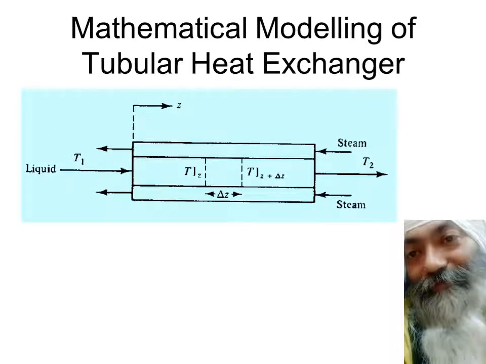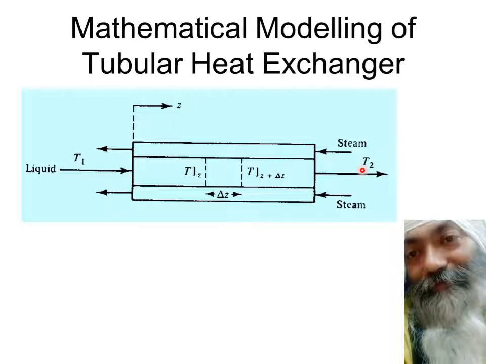So friends, here we are with the tubular heat exchanger, and let's understand its working before we start moving on to its mathematical part. You see the liquid is entering into a tube at temperature T1. So capital T means temperature, small t means time. This we have to keep in mind all the time lest we get confused. And it is entering the tube. Ultimately it's passing through the tube and leaving the tube at temperature T2.